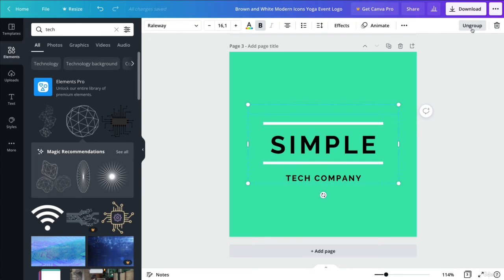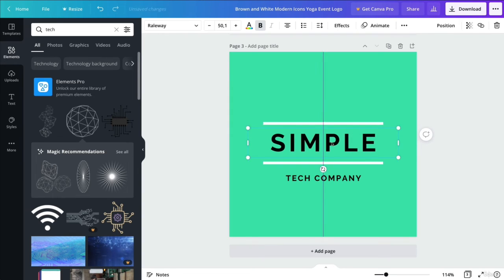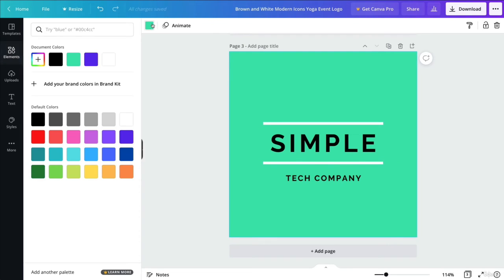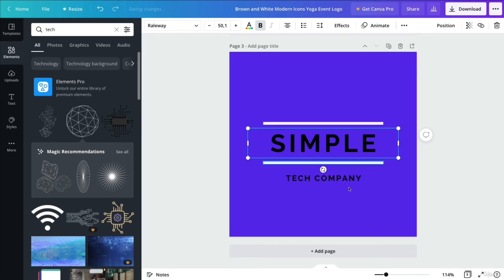So what we're going to do is we're going to ungroup this, we're going to select this top level layer, and also since we ungrouped it, we're going to bring up this text right here, so it's a little bit more in line vertically compared to what it was before. I'm going to change the color of this to make it purple.